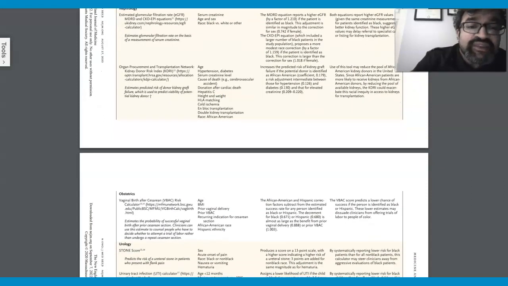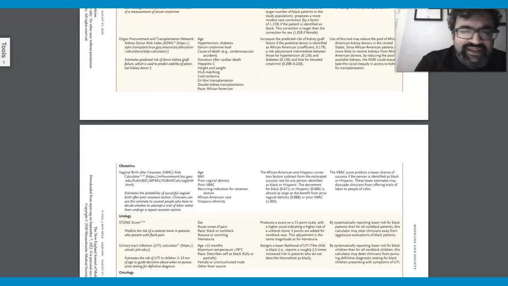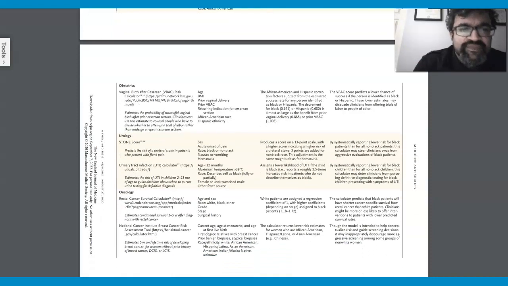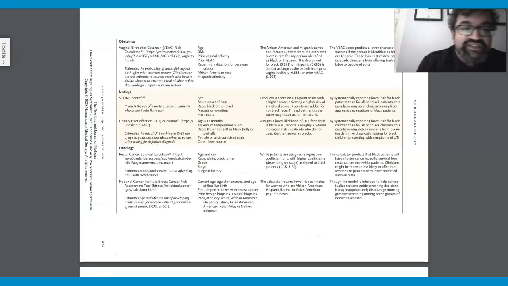So these types of corrections need to be looked at in many different disciplines. That's the bottom line. Organ Procurement and Transplantation Network, with the Kidney Donor Risk Index, things like that. In the area of obstetrics, this is an important area in terms of the vaginal birth after cesarean risk calculator. And then in urology, the STONE score, which predicts the risk of a ureteral stone in patients who present